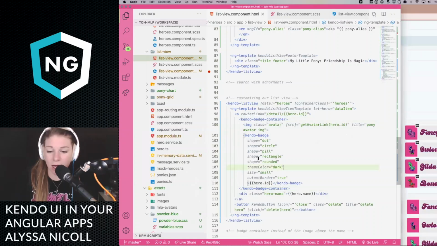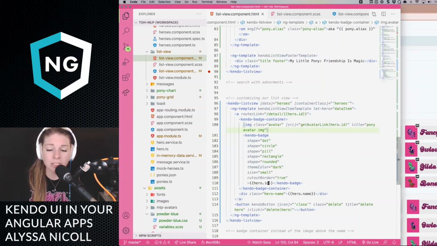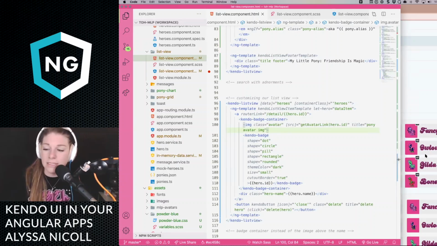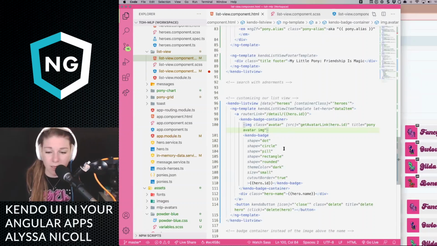And it has a lot of attributes. That's because these are here to remind me. They're not actually all needed. The last one is being applied. So you can see over here, we've got these little badges, and I'm using it to display the ID. But badges are really cool because notifications need badges. How many emails you have need badges. This could be, instead of ID, any other piece of information.